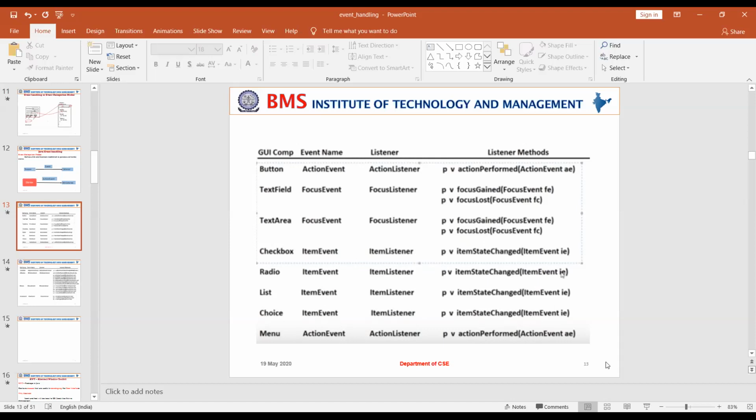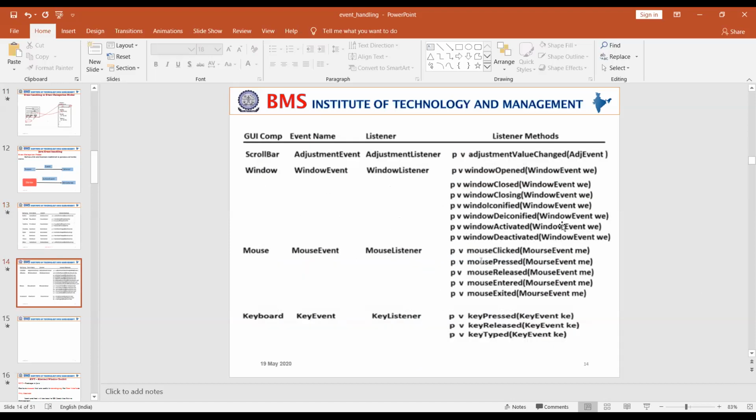In addition to these GUI components, we also have additional components like the scroll bar. Whenever you move the scroll bar towards the left or the right, an event gets generated. Which interface handles that? The AdjustmentListener is the interface that handles this. How many methods are part of this interface? Only one method.